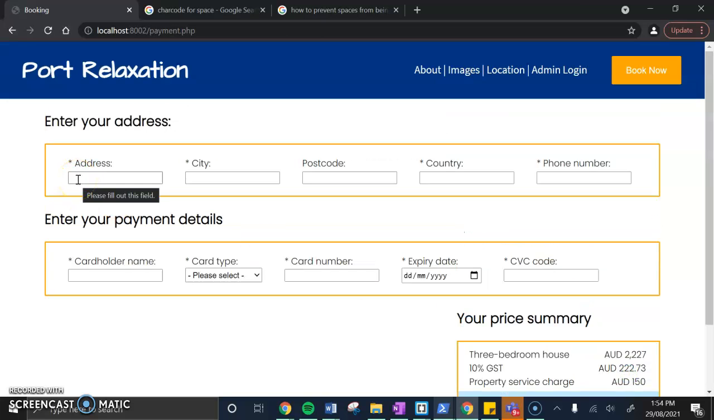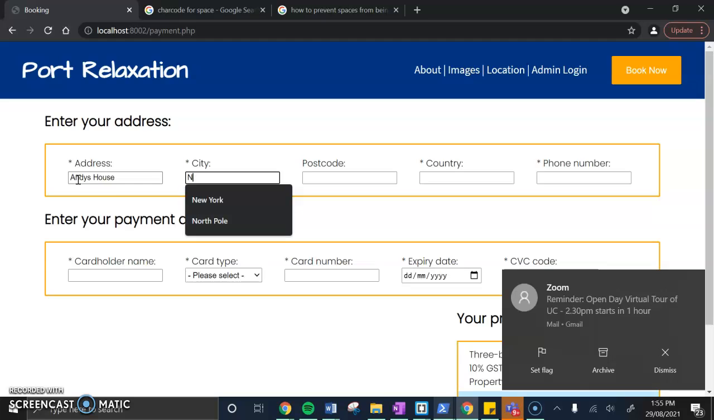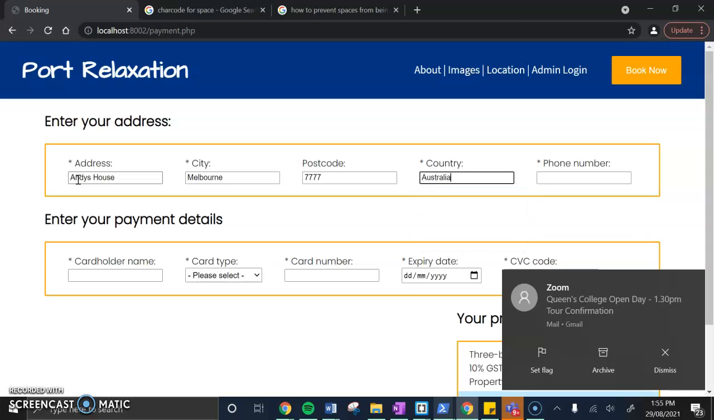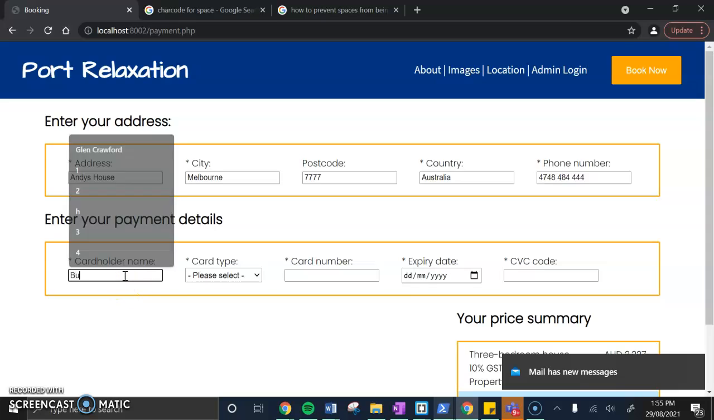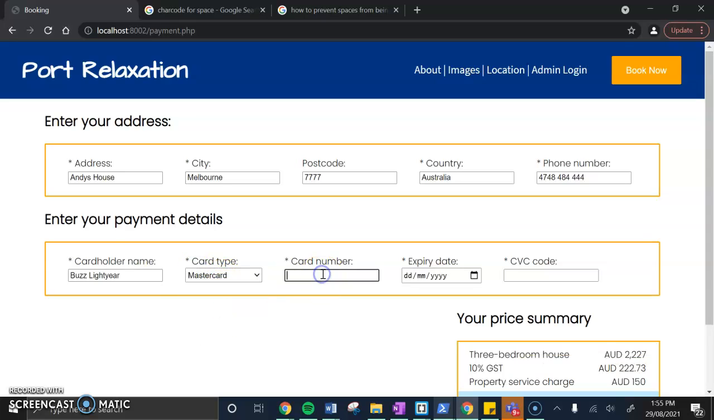Now this is the address and payment page. We'll go ahead and fill this out. So Buzz lives in Andy's house. City, I might just say Melbourne. Postcode. Now I've set some requirements for these inputs, and I'll just fill them all in first before I show them to you. Card type, card number,